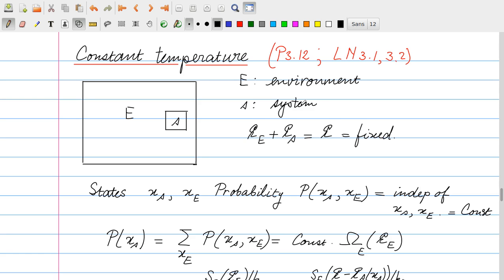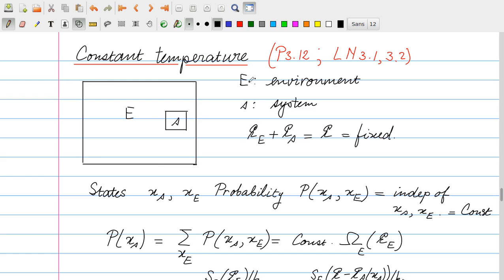So we look at a small system, that's your coffee cup, inside the environment, which is the building you are in, and we can consider the building so big that it doesn't matter whether it's in contact with another system or whether it's isolated. So the total system, we consider that to be isolated, because then we can apply the microcanonical